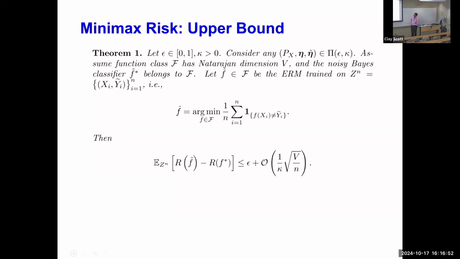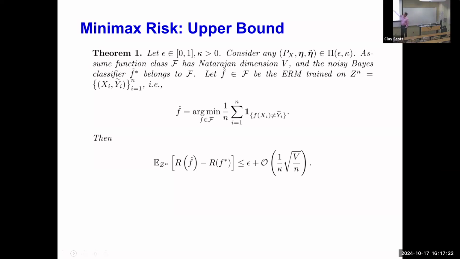So in that setting, if the noisy Bayes classifier belongs to this set F with finite Natarajan dimension, and you just do good old empirical risk minimization on your noisy training data, that excess risk has this upper bound,